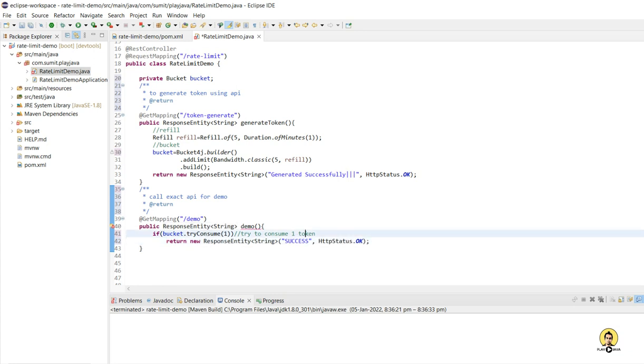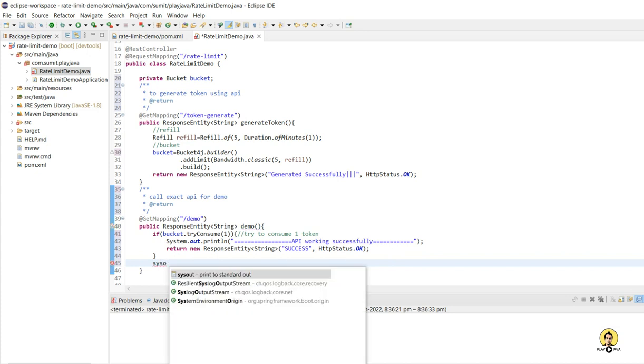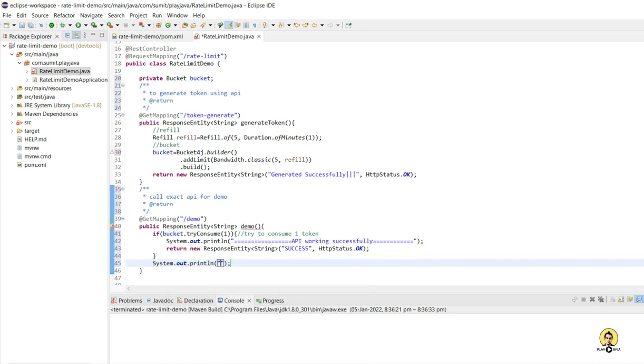And if it has not been consumed, or we are not able to consume it, it has already been exhausted, then we will return some other response. So let me just print out sysout so that we can see the details in the console. I'll simply write here, API working successfully, and after that just return and print out number of hits exceeded.